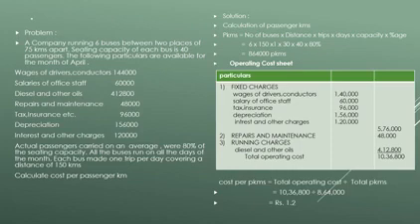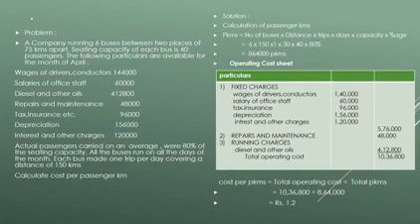So we shall see standing charges. Wages of drivers and conductors are to be taken under standing charges or fixed charges. So wages of drivers and conductors rupees 1,44,000. Salary of office staff also to be taken under fixed charges rupees 60,000. Then tax and insurance to be taken under fixed charges 96,000. Depreciation 1,56,000. Interest and other charges 1,20,000. These are all the items to be shown under the head fixed charges.